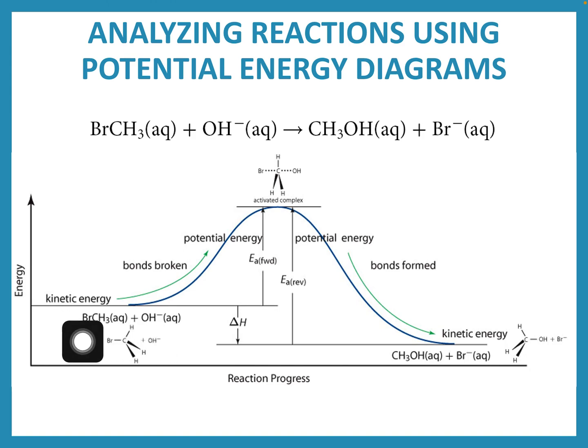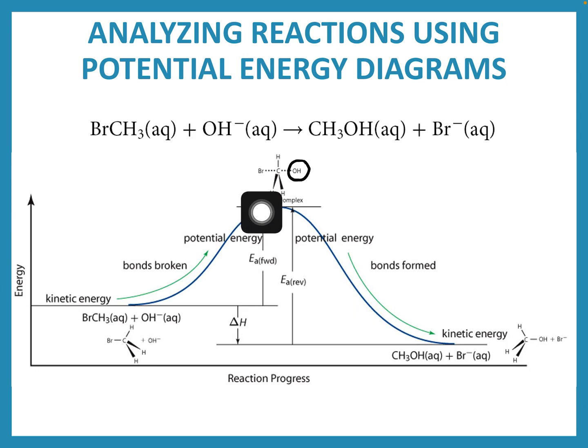So we have a certain amount of kinetic energy, and as collisions are occurring, any collisions that occur with at least this amount of energy can result in our products being formed. So here at the transition state, we have what is called the activated complex. So a hydroxide is going to come in